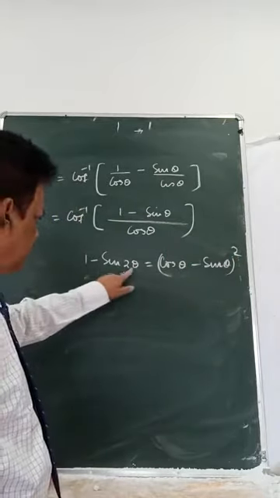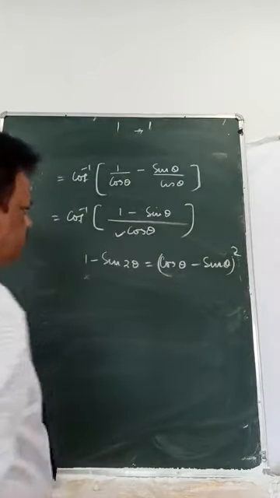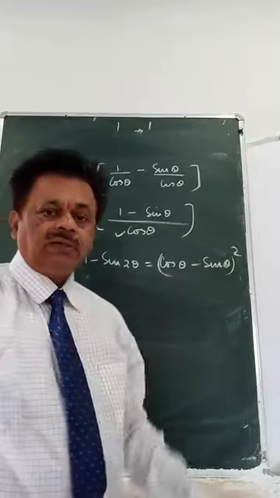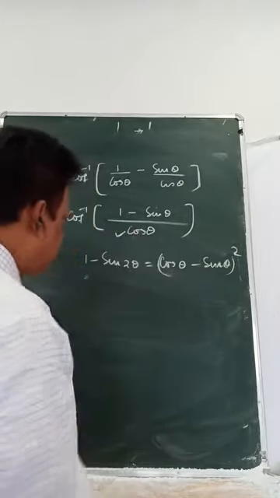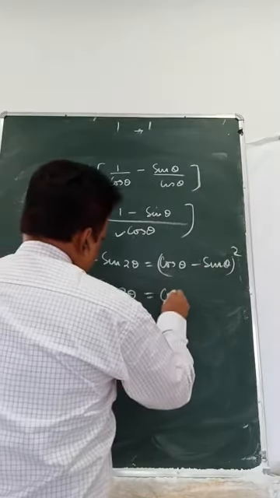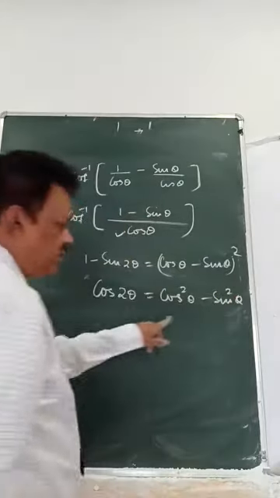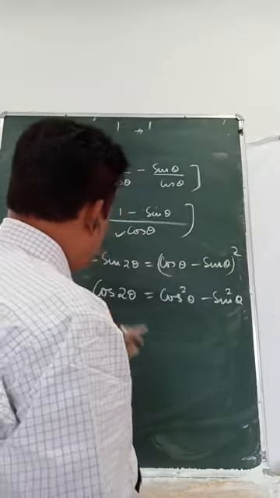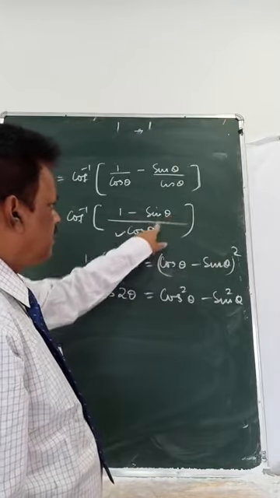If this is in cosine form, the cos formula also you have to use, which is in the cosine form. If you use a different formula, you are not going to get the result. So in the cosine form, which formula? Look, I have given you cos 2 theta equals cos square theta minus sin square theta. Yes or no? Now both will be in the cosine form. Only difference is 2 theta becomes theta, so theta will be theta by 2.